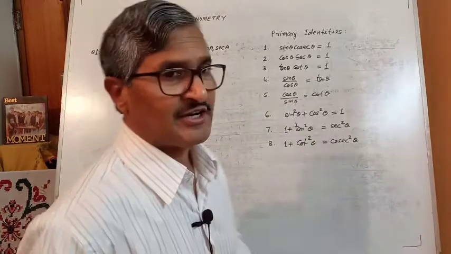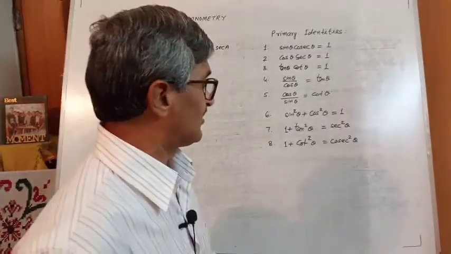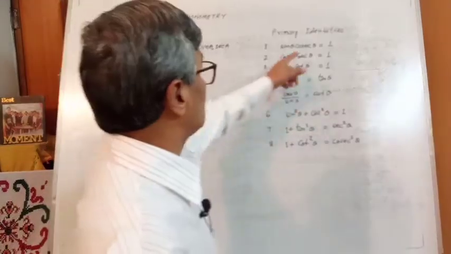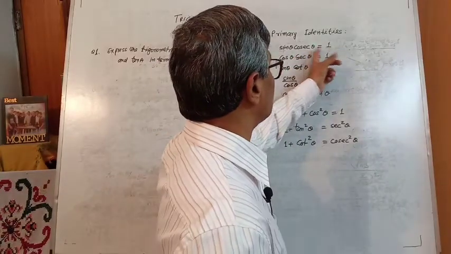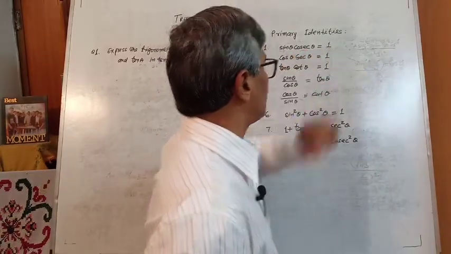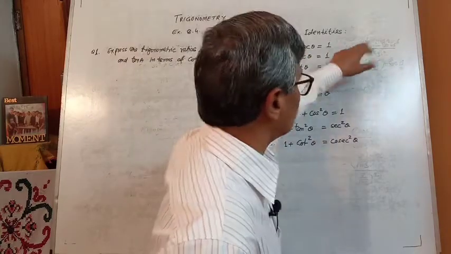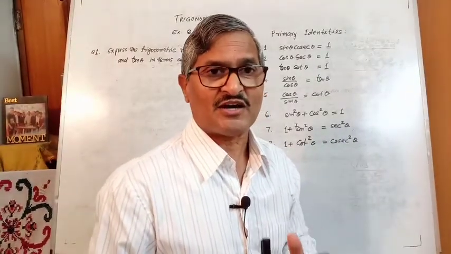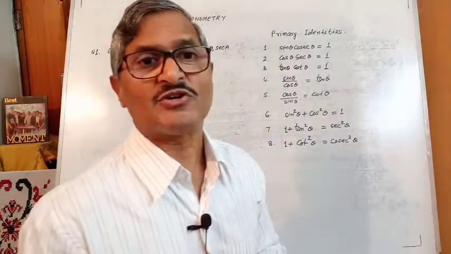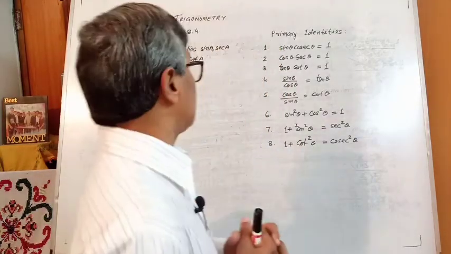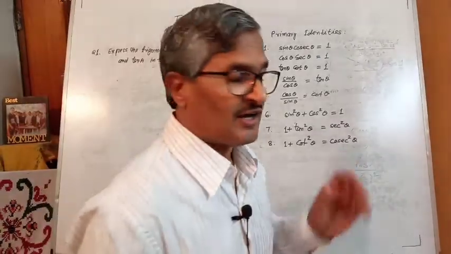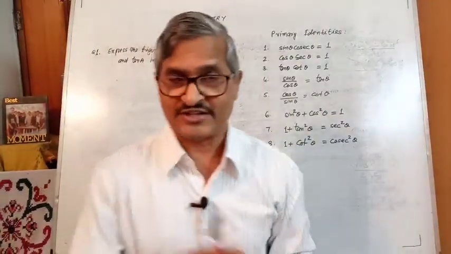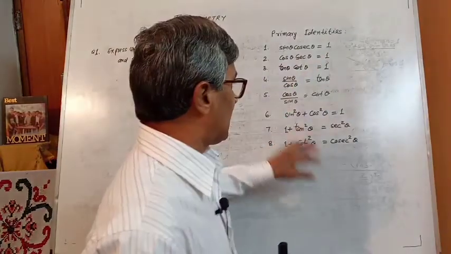So these are the very important basic primary identities of trigonometry, and you can remember them with transposition also. If you transpose this cosec theta this side, then sin theta is equal to 1 by cosec theta. Cosec theta is equal to 1 by sin theta. Same way, by transposition also you have to remember, because these transpositions can be directly used in proving the identities which are given in the question, or in transformations where we have to change one ratio to another ratio, then we need all these identities.